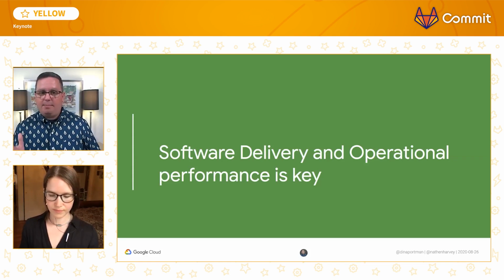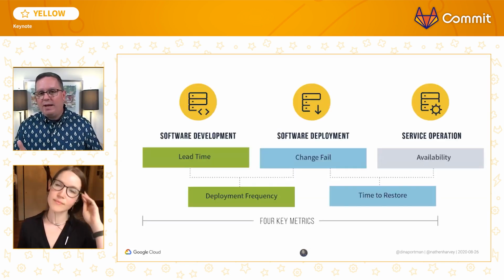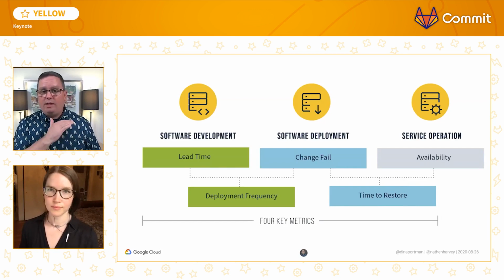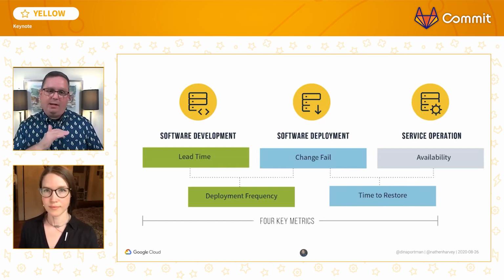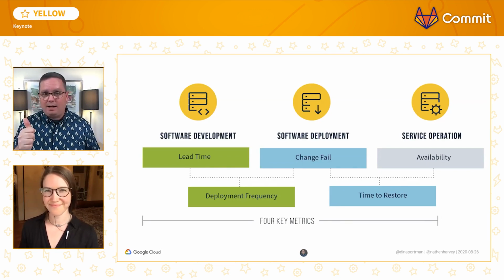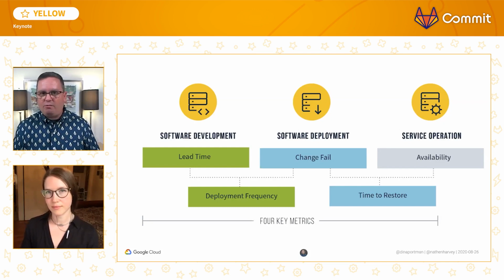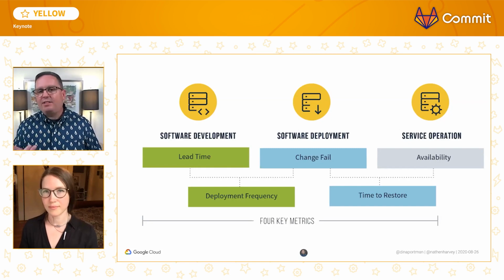When DORA looks at software delivery and operations, they really break it down into 4 key metrics. Those metrics are focused on software delivery and reliability, or velocity and reliability. We break those 4 key metrics down into lead time. That's the amount of time it takes from a code change to be committed to your repository until it lands in production. Your deployment frequency, how frequently are you pushing those changes out? Your change failure rate, when you push a change, is it successful or do you need to roll that change back? And then the time to restore.